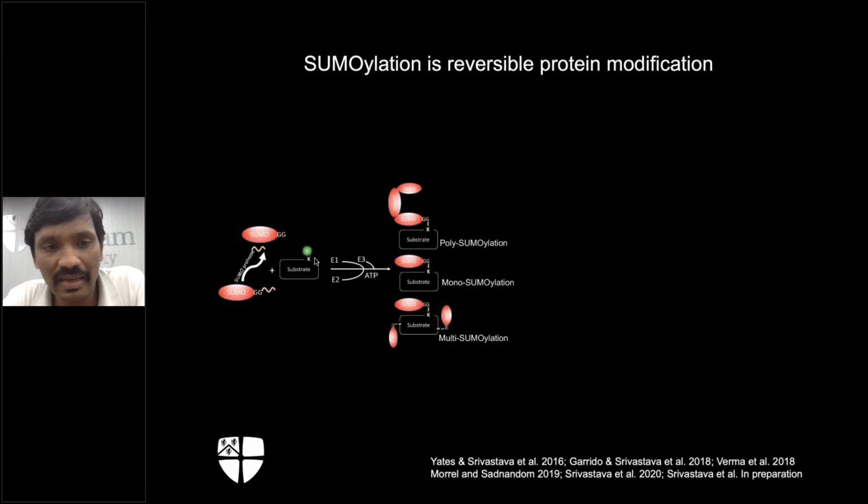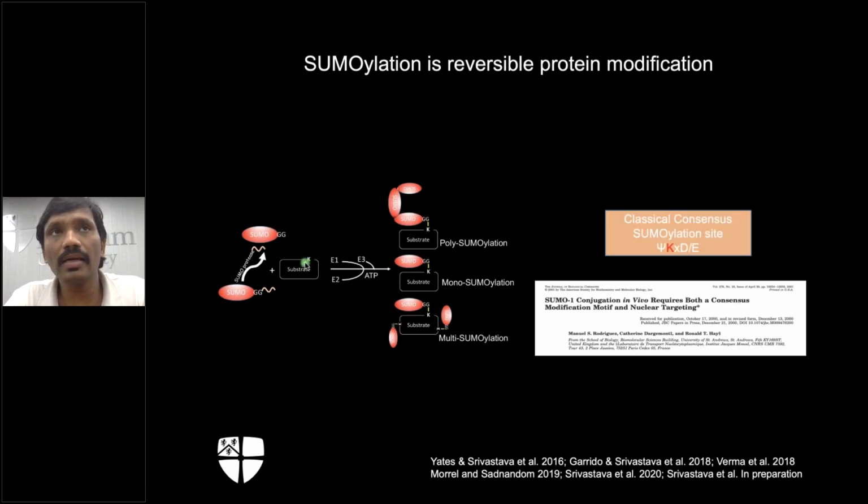and this enables it to conjugate with the specific lysine, where specific enzymes, the SUMO E1 activating enzyme, the conjugating enzyme, as well as the E3 ligase, play a role in conjugating this SUMO to the target protein. But this lysine cannot be any lysine. It must be in a specific motif, and that classical consensus SUMOylation motif, or you can say site,